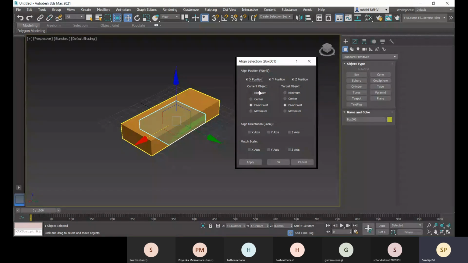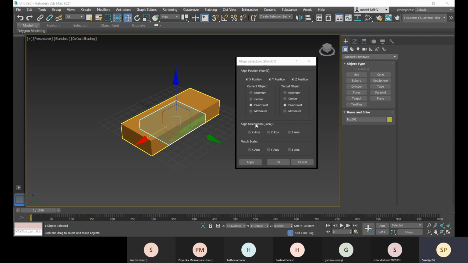And in the Z direction or the Y direction, what will be aligned, like center to center, or pivot point to pivot point, or the minimum. So what is minimum and maximum? Your bottom surface is the minimum, where you have the minimum height or zero height, and your top surface is the maximum, where you have the maximum value for your Z, right?